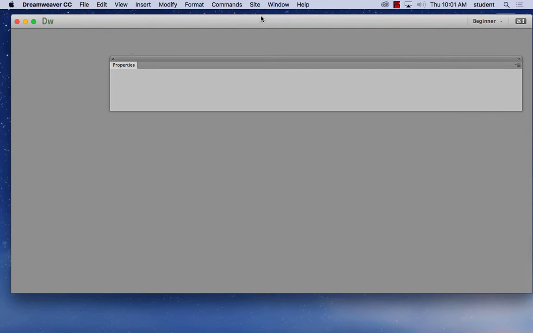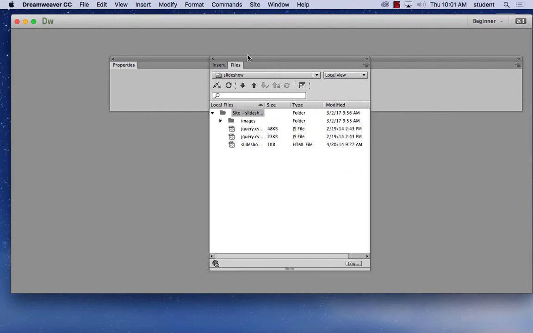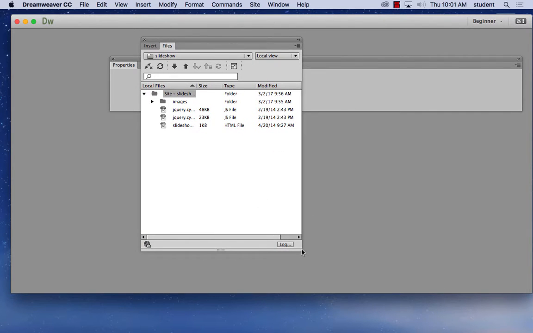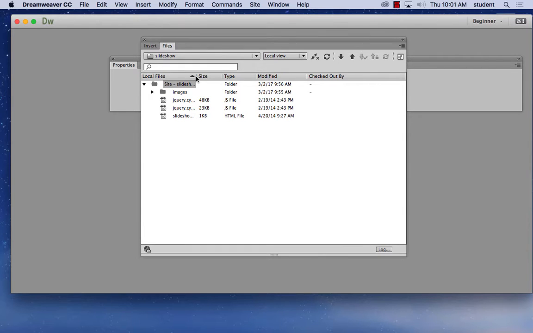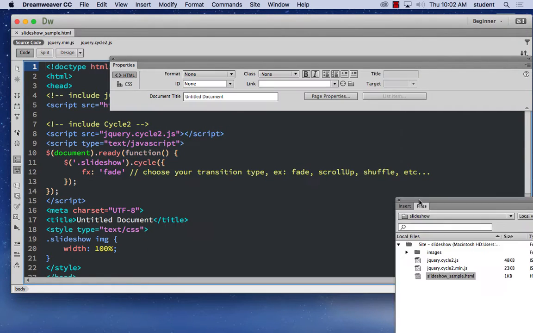Okay, again, if I look inside the window here, I have 3 files. I have the slideshow sample, which is an HTML file. I have some images in there, and then I have my Cycle 2 plugin. If I open up the slideshow sample HTML file in my code editor and I look at it,